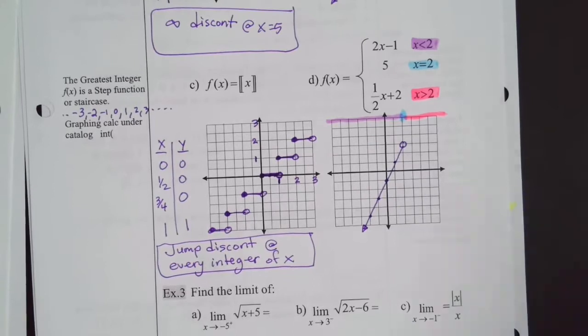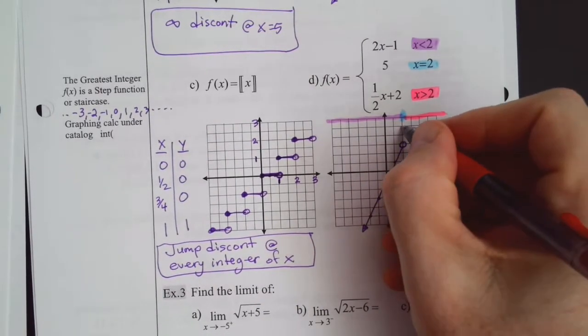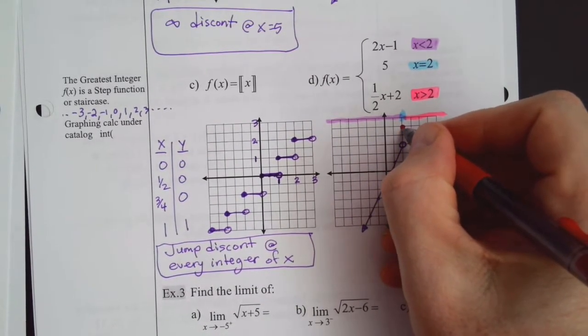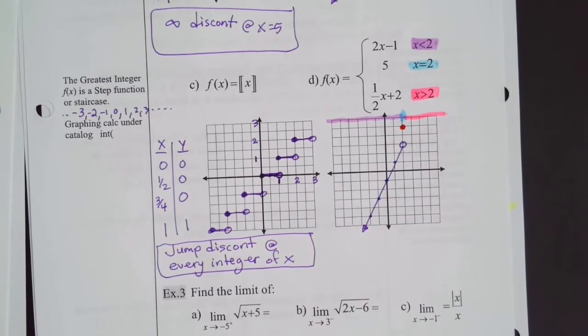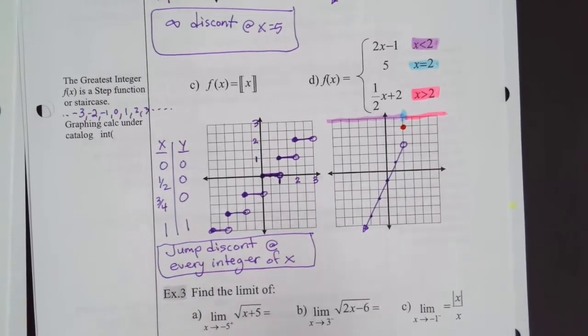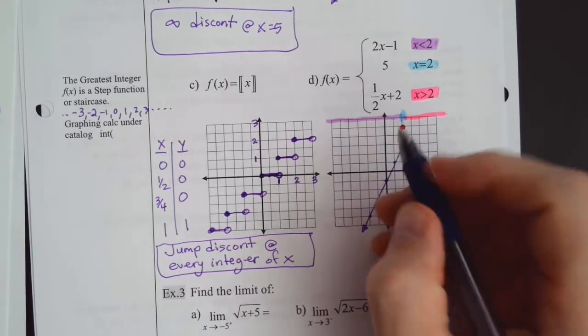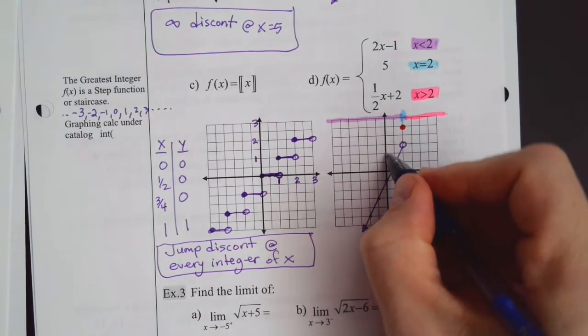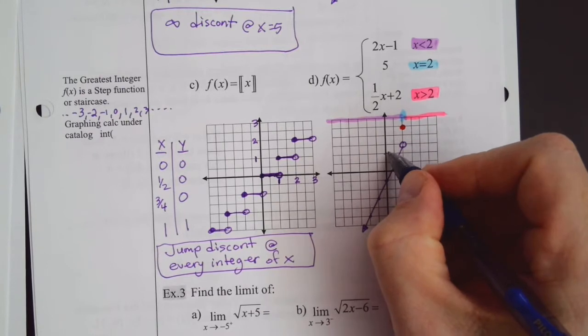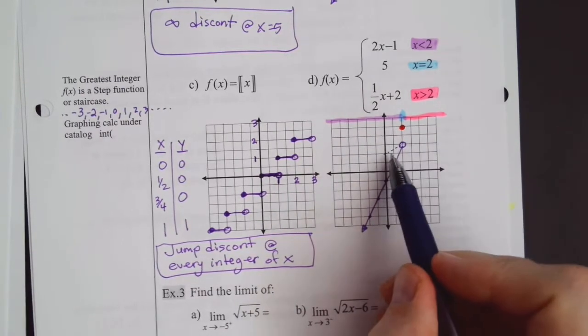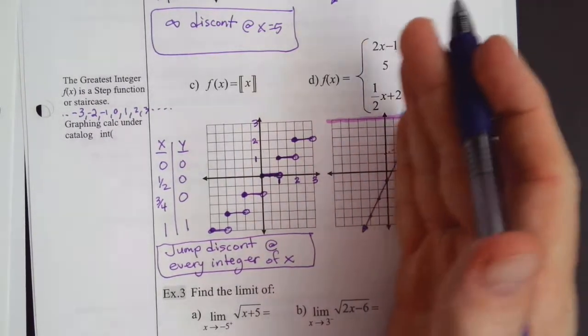Okay, now at 2 it's equal to 5, so that's right there. And then finally, after 2, it follows this equation, 1/2 x plus 2. So the y-intercept is 2, the slope is 1/2. That can't be graphed though, because that's on the purple section, and